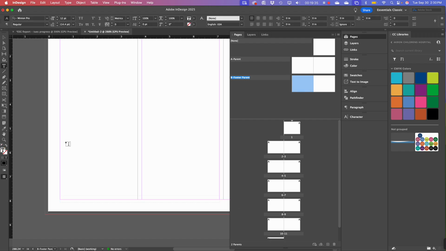Just grab your text tool, click and drag out, and I'm going to name this Russ Kern ESG report. Put your own name on it. And some of the things we're going to do here, I'm just going to kind of tell you what to do, but